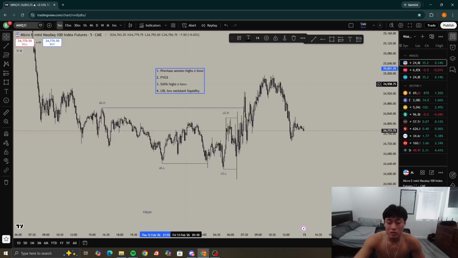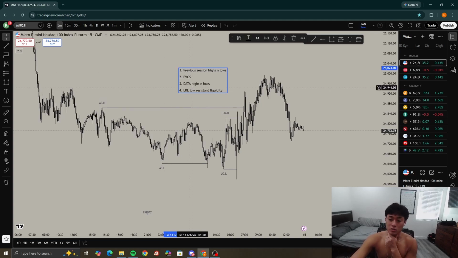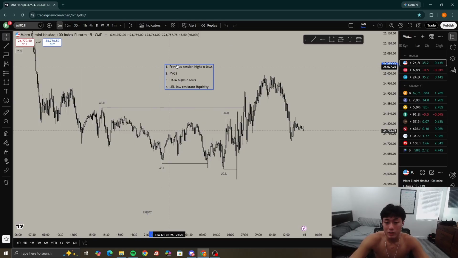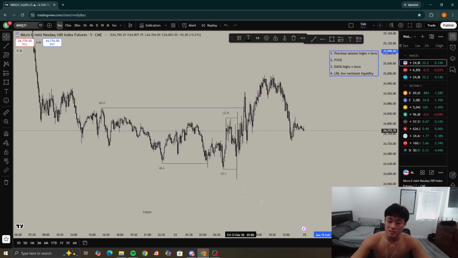Data highs and lows are very valuable, but they don't come every single day or every single week sometimes. So I kind of put them lower on the tier list, even though they are severely stronger than fair value gaps or previous session highs. And lastly, low resistance liquidity is just little pools of liquidity. Jumping into the first example of my favorite, which is previous session highs and lows,